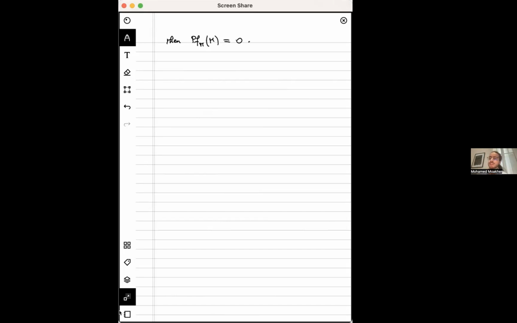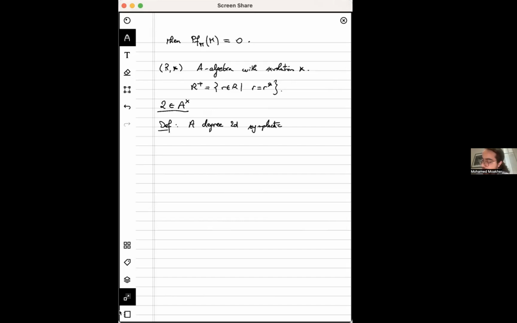And so from these two observations, we will define what it means to be a symplectic determinant law. The general objects that we will consider are A-algebras with involution. And we write R^+ for the invariant elements in R under this involution. We also, for technical reasons, need to ensure that we can invert 2 inside of A. So the definition is a degree 2D symplectic determinant law is a pair (D, P)